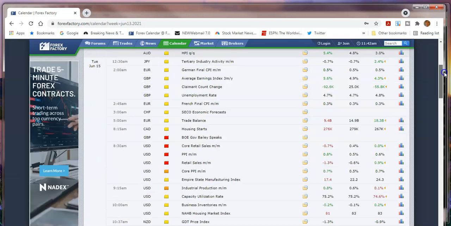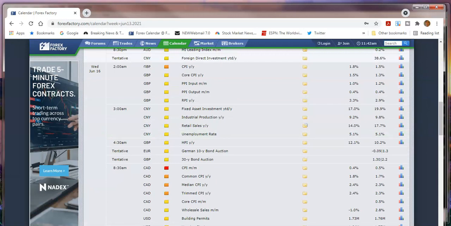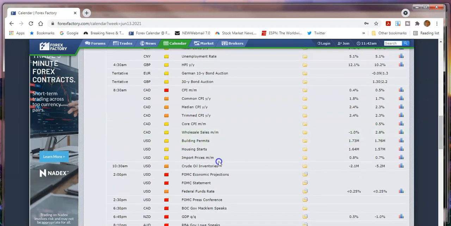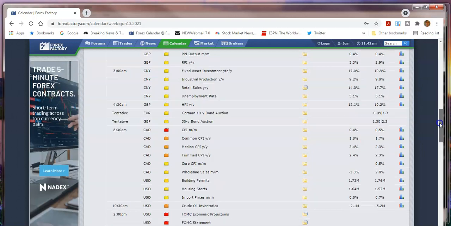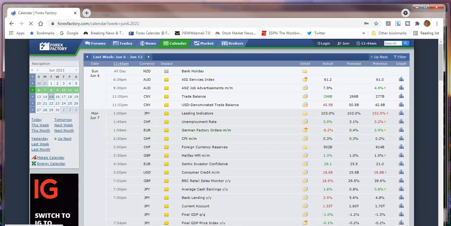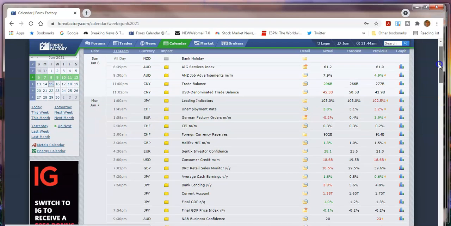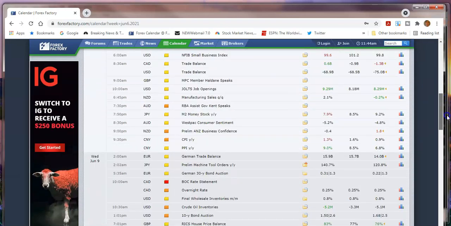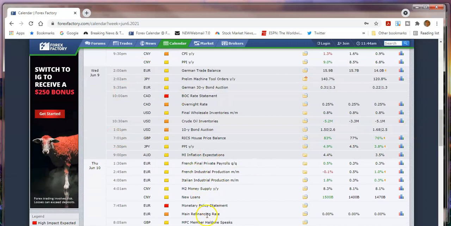And if we go down here, you're going to see on Wednesday, this is, let's see, where are we here? U.S. down below. Sorry about that. Here's the 2 p.m. interest rate announcement of the Open Market Committee and so forth. So that's tomorrow afternoon, and so beware if you're not going to be watching that. But let's show you another way. If you come to Forex Factory and then you go backwards 1 week, and then we go to Wednesday of last week, well, this is when we started our work, and you can see that there's not much happening here,